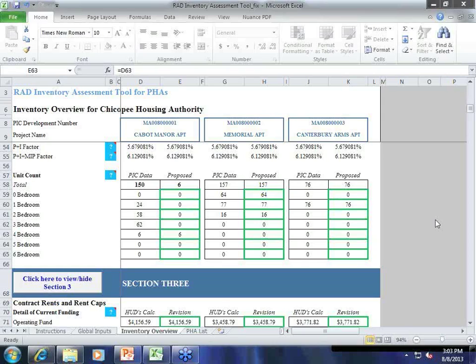If you're over 10 years old, no problem, you can come in. Second, if the Housing Authority is submitting all of its projects for conversion under RAD, it doesn't matter how old the project is, it's eligible to apply. And then third, we've got a carve-out for HOPE 6 projects that have a demonstrated history of some financial distress. I don't have the notice in front of me,